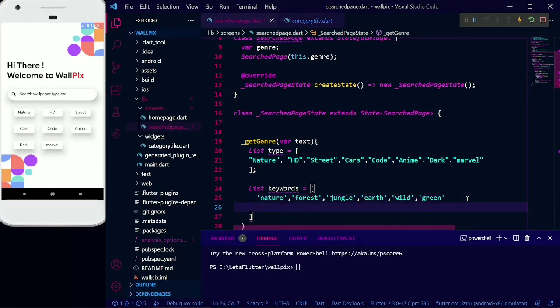Now we have HD. For high definition we will first write HD, and then what the user can search, like 4K. Usually people search 4K for wallpapers, or HD wallpapers.